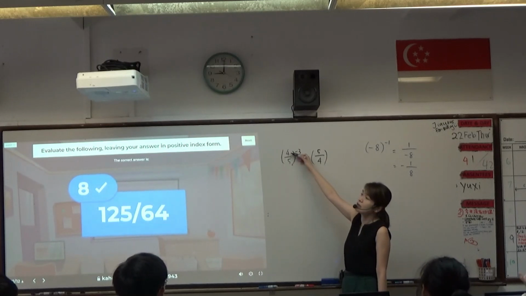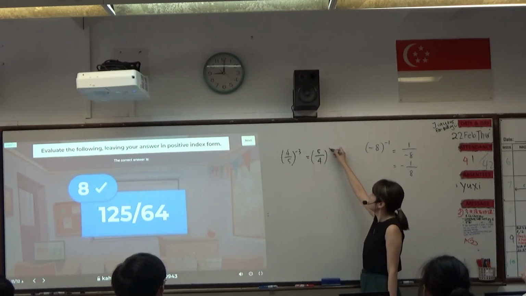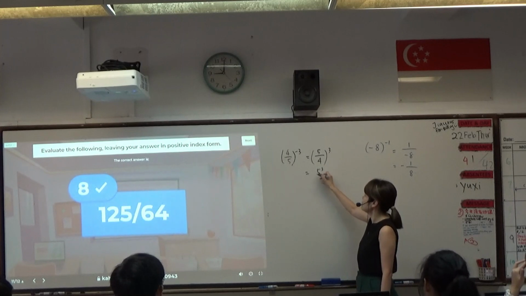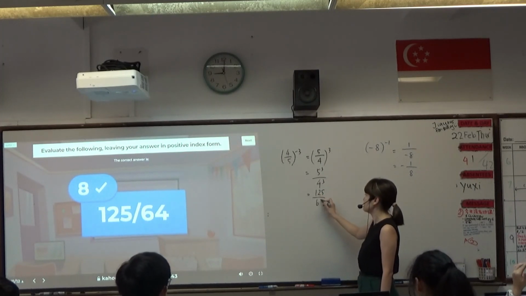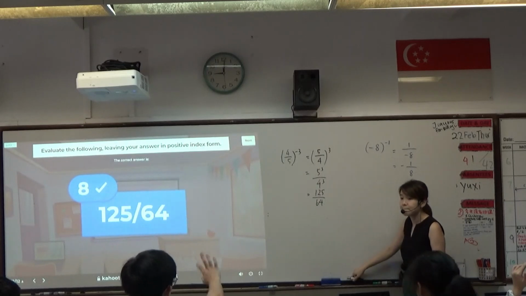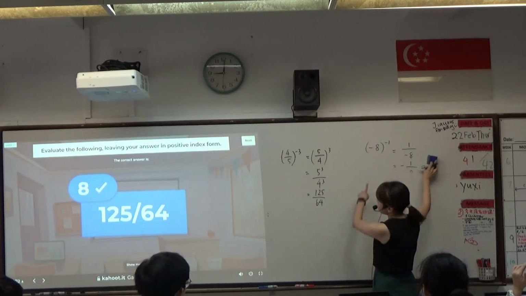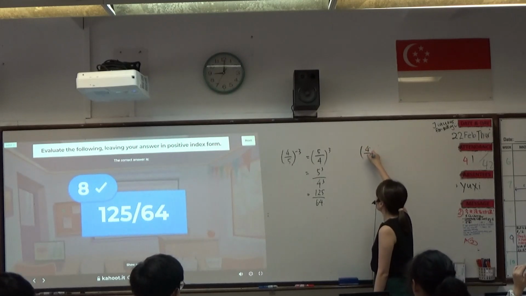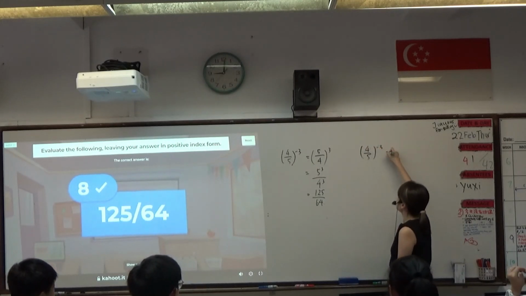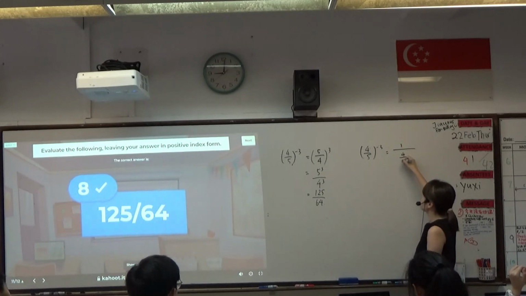So denominator goes up, numerator comes down. Then we have 5 cubed over 4 cubed, which is 125 over 64. Because based on this understanding, 4 over 5 to the power negative 3 is like 1 over 4 over 5, which